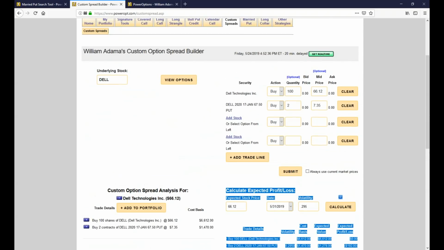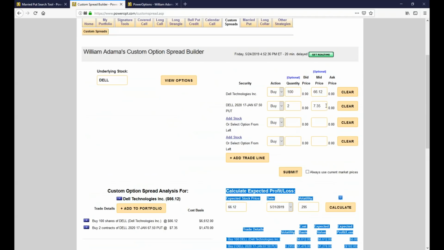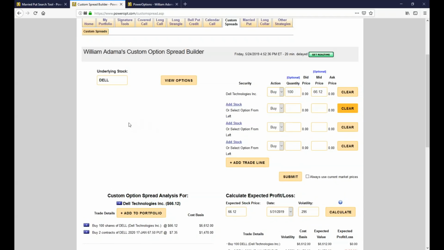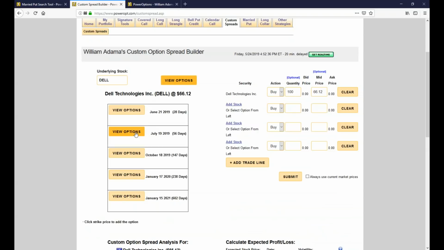And the comment came in and said, why do that? Why pay $735 at an additional $1,400 to the position to add 2 puts that are so far out in time? Let's go closer. Okay, we know that the earnings are expected around May 30th, 6 days away. So I got to go to July,